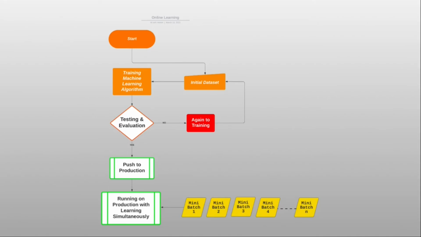And due to the smaller size of the data set, the training time is also going to be reduced. Instead of training for hours and days, with this small amount of data, the model will be trained within minutes and hours. Hope you understand both batch learning and online learning, the major disadvantages of batch learning, and how we are overcoming those problems with online learning strategies.